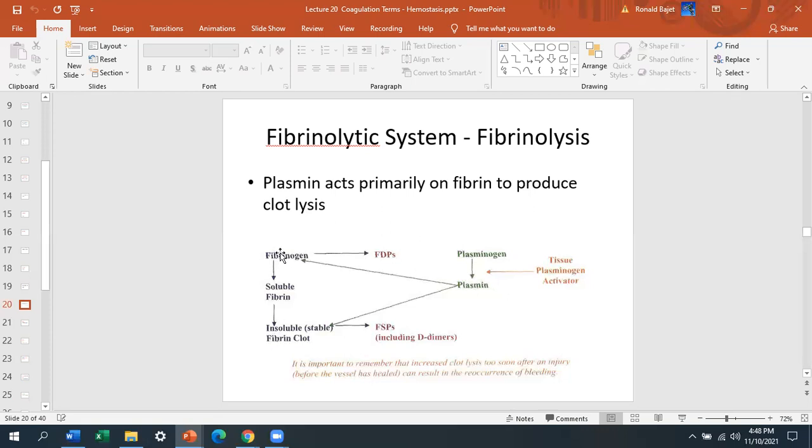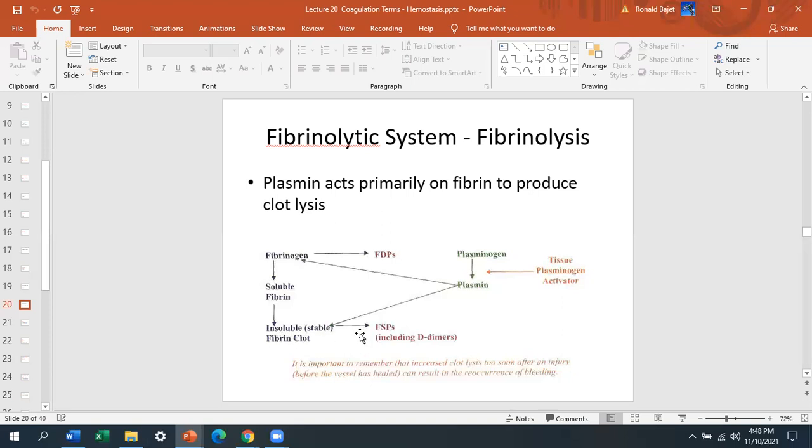So fibrinogen naturally will go from fibrinogen to soluble fibrin, finally to insoluble fibrin clot. This is at the end of the common pathway. Remember, the end product of coagulation cascade is the formation of the fibrin clot. Well, this fibrin clot here will be detected by plasmin, and because we don't want excess fibrin to be created,